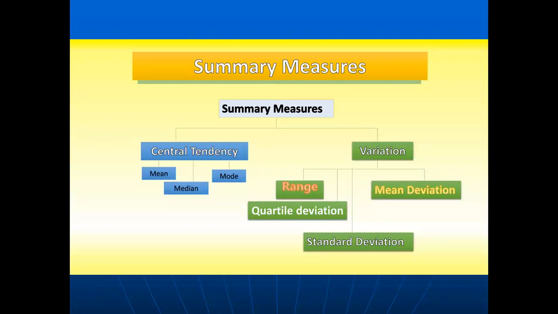Now if you look at the various measures of central tendency and dispersion, as you all know, measures of central tendency include the mean, median and mode, whereas in case of dispersion, we have range, quartile deviation, mean deviation and standard deviation. Compared to other measures of dispersion like range, quartile deviation and mean deviation, standard deviation has a lot of advantages. These advantages overcome the drawbacks or the limitations of range, quartile deviation and the mean